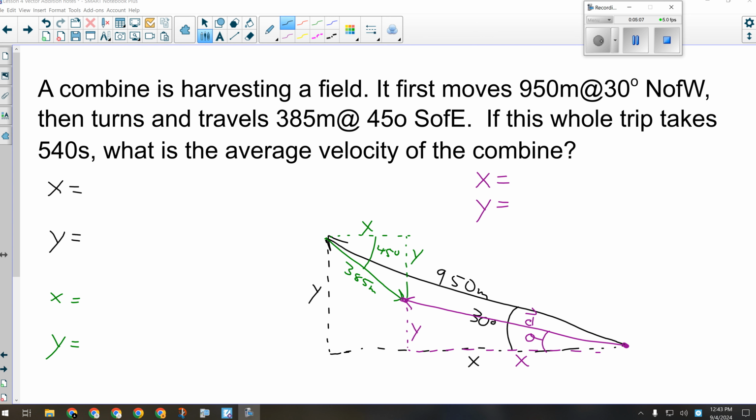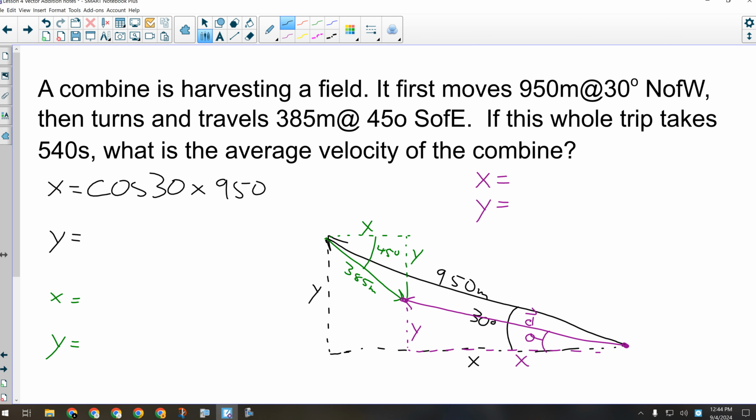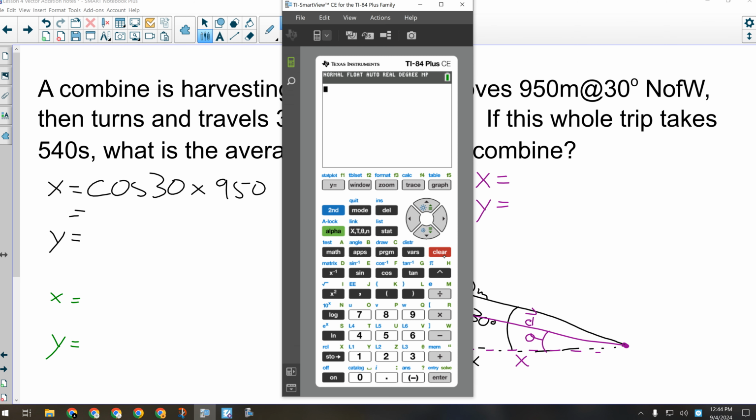All right, guys, let's look at the next few steps here. So for my black triangle, the 950 meter vector there, that's 30 degrees north of west. If I want to solve for black x, black x is adjacent to the 30-degree angle, and I have the hypotenuse. So I'm going to take the cos of 30 degrees, and I'm going to multiply that by 950 meters, to find out what black x comes out to. So cos of 30 times 950, and it gives me